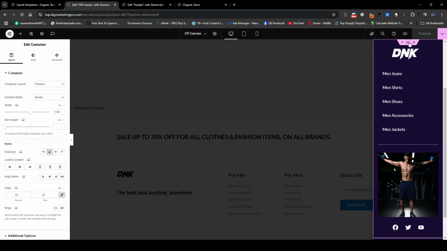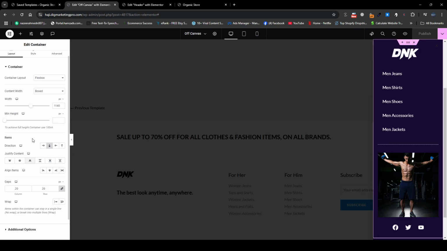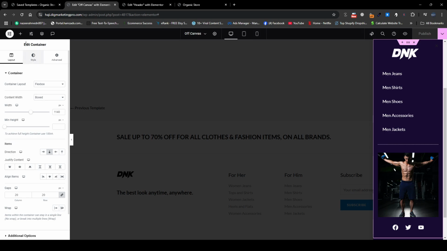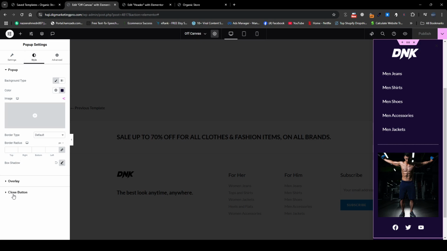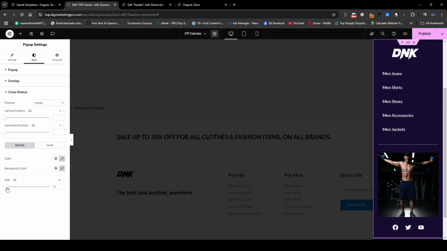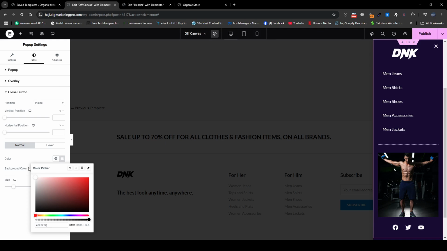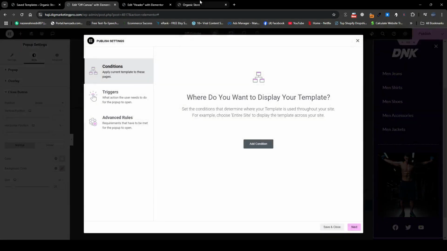Let me make changes in the exit button. Let me click on settings here. And here you can see the close button. Just go to the style and just go to the close button, and let me make the size a little bit bigger, 20. And let me make the color white. So now you can see the exit button color.